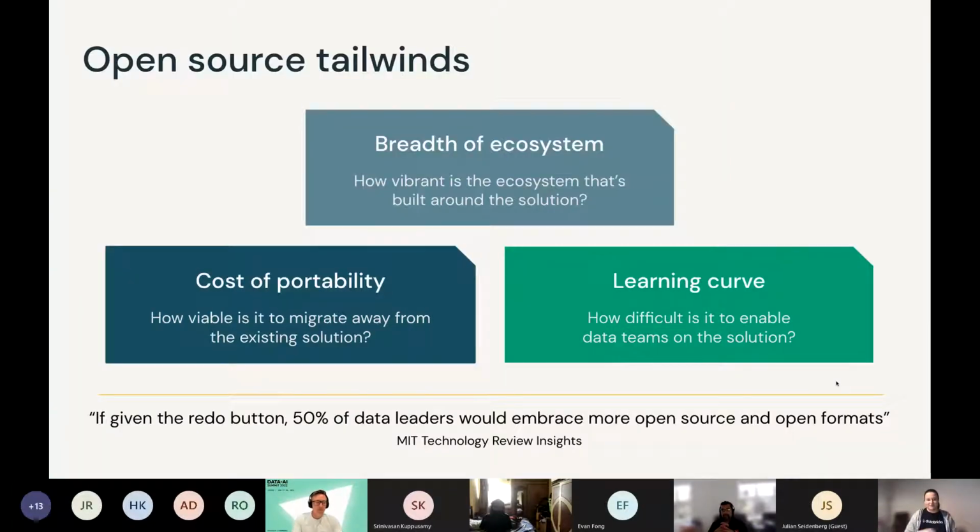As I mentioned before, Databricks is based on the open source Spark project, and so we do support open source and we do believe in it, and so do the people who win with data. So why is it important to use open source? For one, it's the breadth of the ecosystem. Open source, especially a successful project, has massive communities. You have universities teaching courses in it and books being written about it. So it is easy to learn, and easy to interact and gather information.